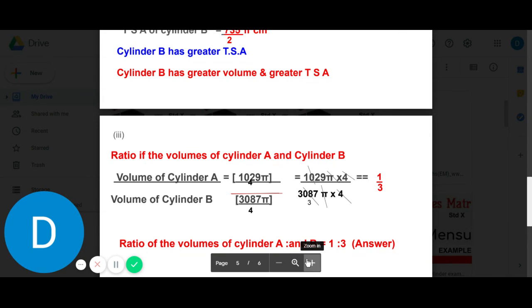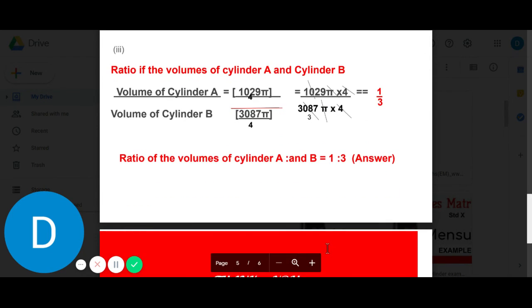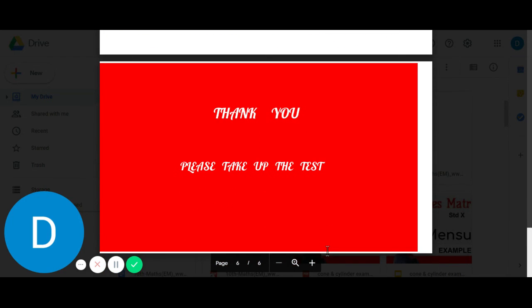So using that formula, we have found out the volume of the cylinder. The formula to find out volume of the cylinder is pi r square h. And also we have used the formula to find out total surface area, that is equal to 2 pi r into h plus r. And we have verified that the cylinder with the greater volume has greater total surface area also. So children, learn the formula now and then it will be very easy to do all the sums.